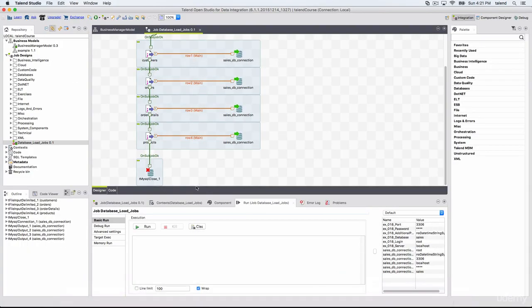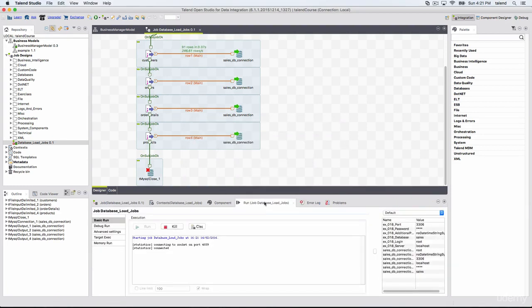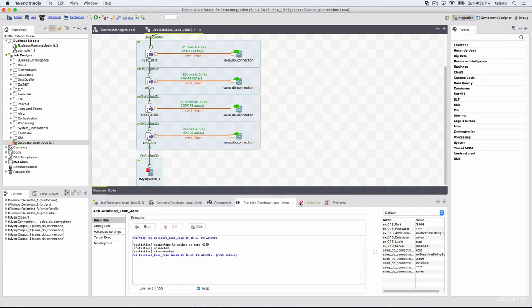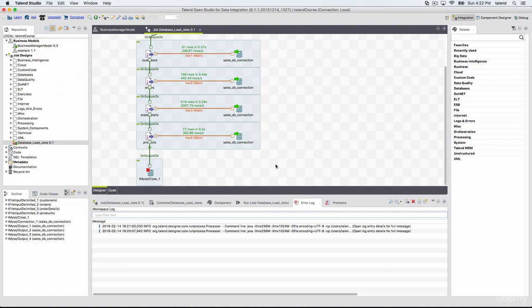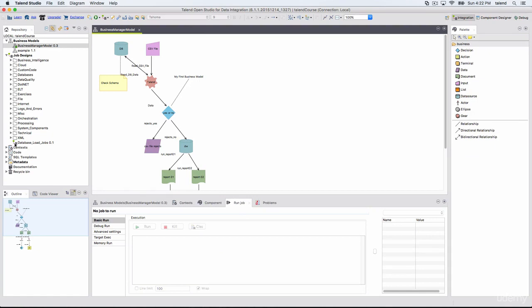Now let's go back here. Let's run it again. That's good. Okay, so now everything is good. We don't have any more problems. Everything ran successfully. Okay, so let's close this. Okay, now that error is gone.